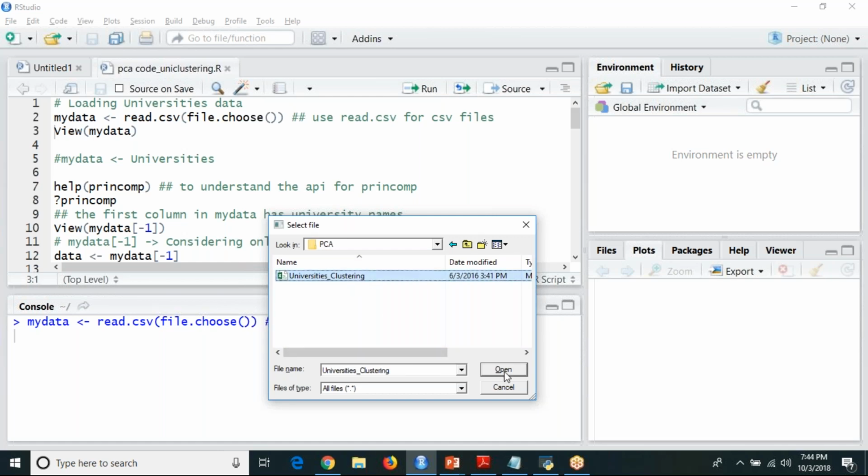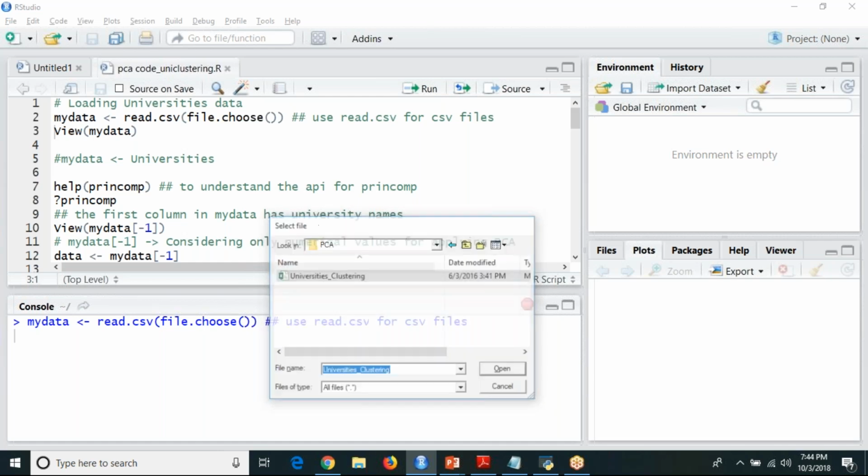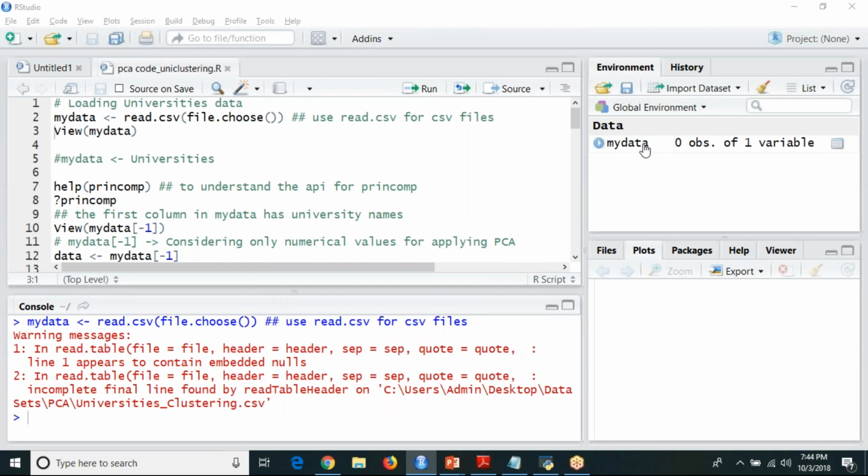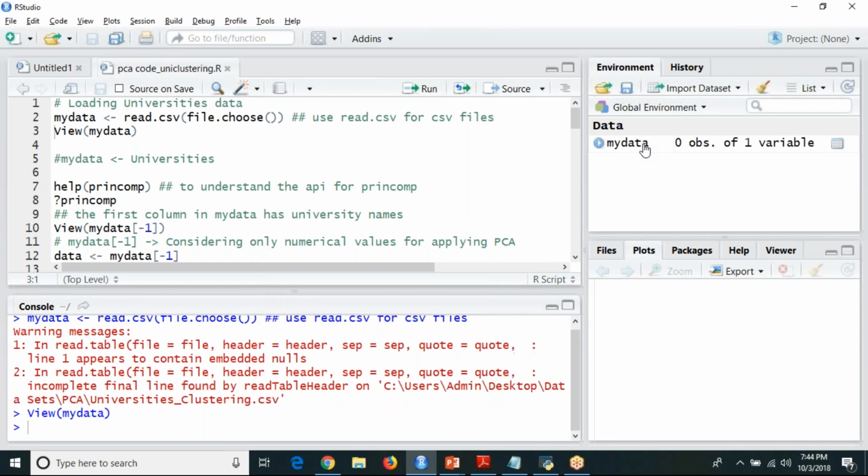So this is my data set. I'm going to read this data set into a variable called my data. I think it is not there. Nothing is there in this data.